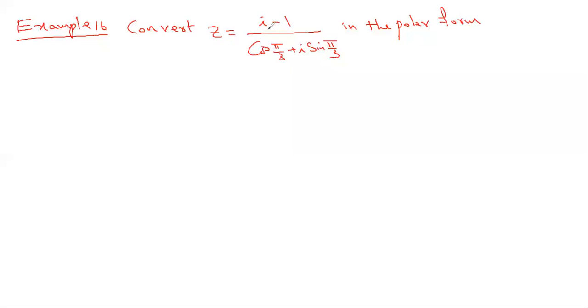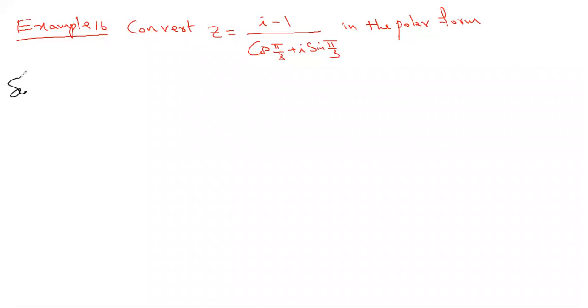So they're given a complex number and asking us to convert it into polar form. Actually, after learning the extra properties of complex numbers, that is cis theta and all, you can convert the numerator into polar form. Once you get the numerator into polar form, cis theta 1 by cis theta 2 is cis of theta 1 minus theta 2, and you can get the answer. No need to worry about converting this into a plus ib form. But as it is a descriptive question, let us use the descriptive method only.